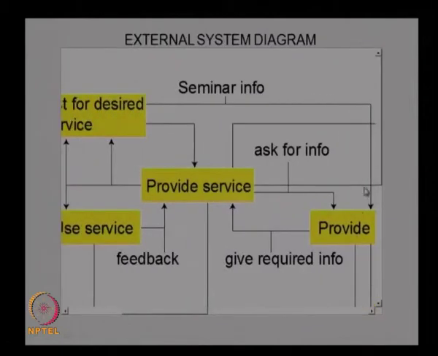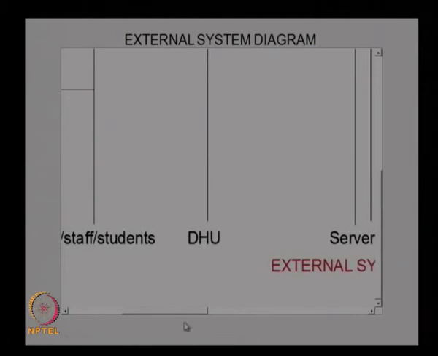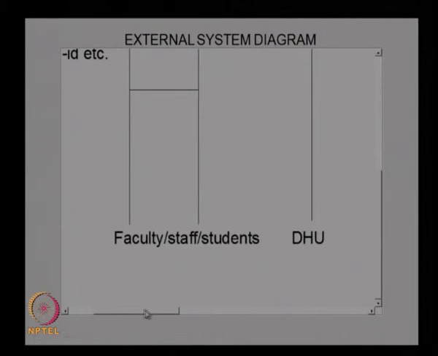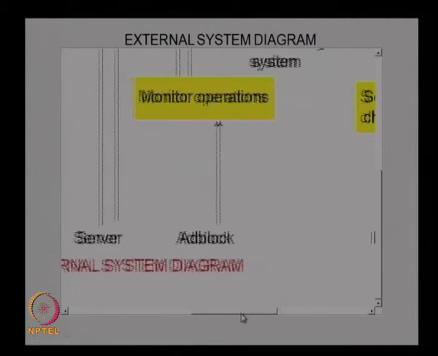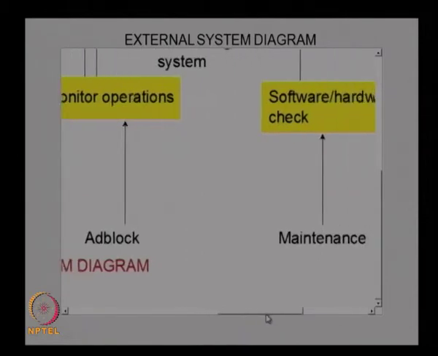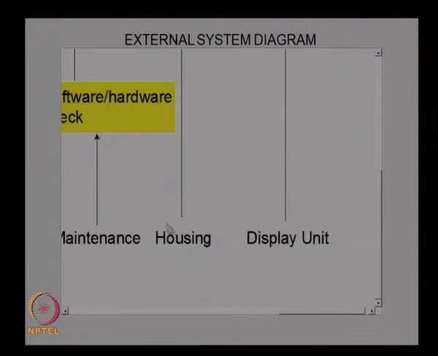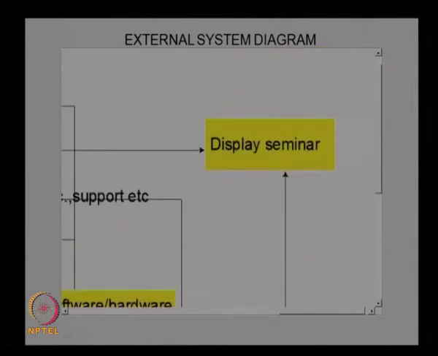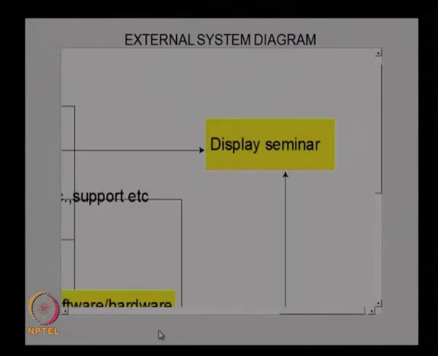This shows the details of the external system diagram which we showed in the previous one. Here you can see that faculty, staff and students are the external systems, then the server, the administration block staff, the maintenance people, the housing or infrastructure, and the display unit. Then you have the main system here which provides all the information.